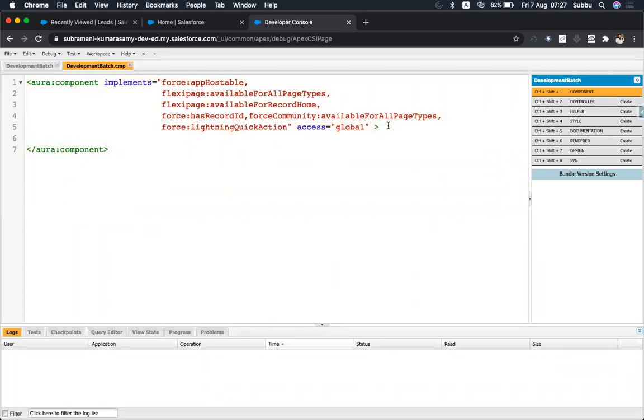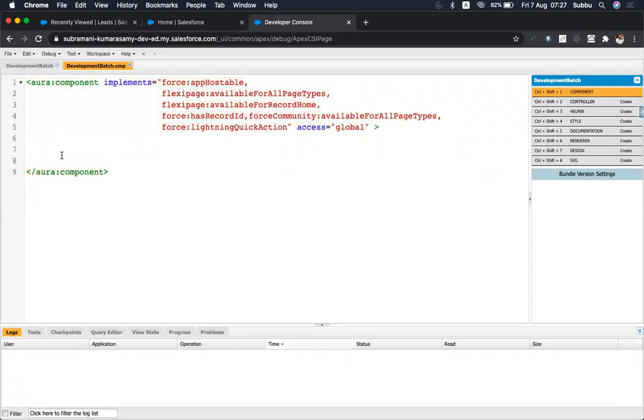So for now, let's create one simple text. If you see the Lightning component, it starts with aura:component and ends with aura:component. If you create an HTML page, how does it look? It starts with the HTML tag and ends with the HTML tag, right? Same here, this is the Lightning Aura component. Salesforce has its own components and its own libraries, like the Aura component. So when you create a Lightning component, the component structure will start within this aura:component and end with aura:component.